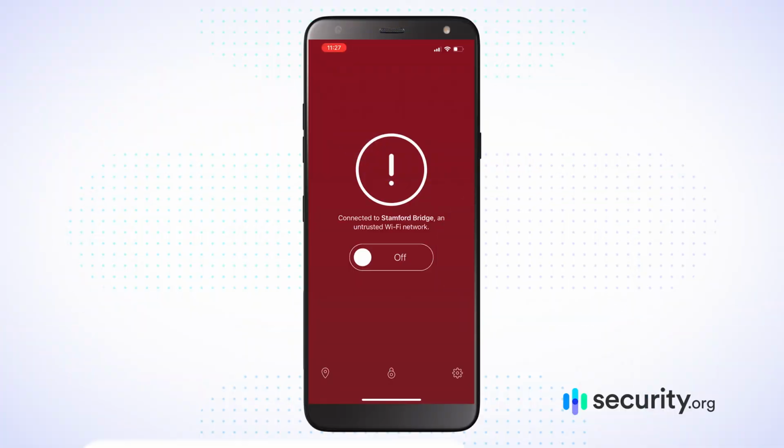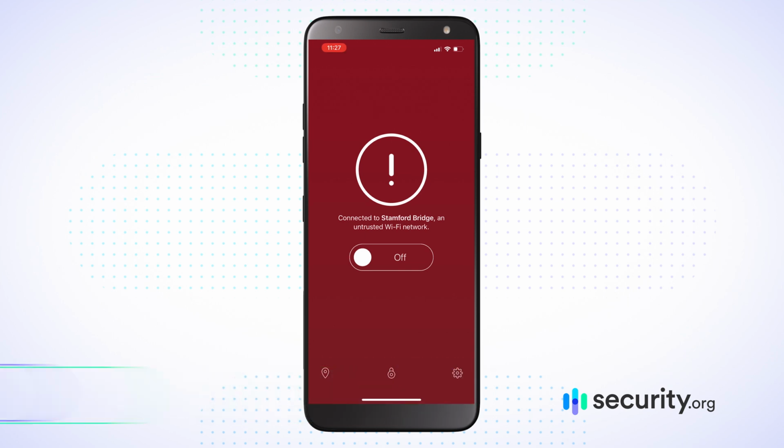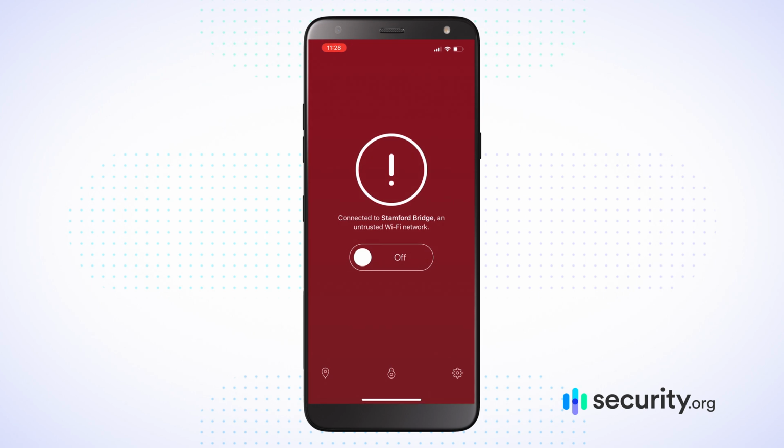All right, so let's jump into my experience on the Encrypt Me mobile application. The first thing I have to note right off the bat that always confuses me about Encrypt Me when I use it again is the fact that you go into a location. So if I go into a location like, let's say, Japan, now it says currently selected Japan, and you're saying, oh, okay, that's great. But then you go to be in Japan and you're not there. And why is that? Because as it says currently selected, you should be working. Even if you hit done after, it should work. But no, you actually have to go in